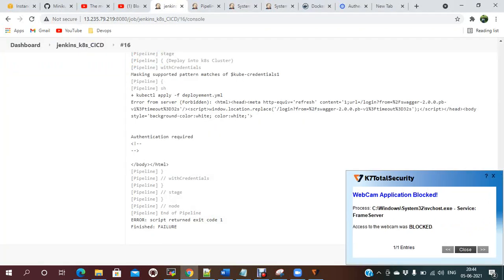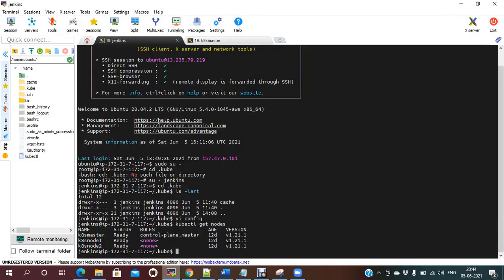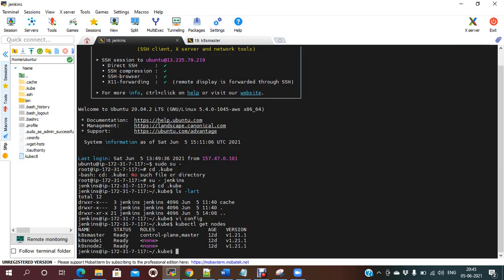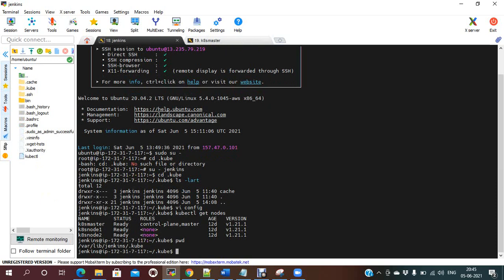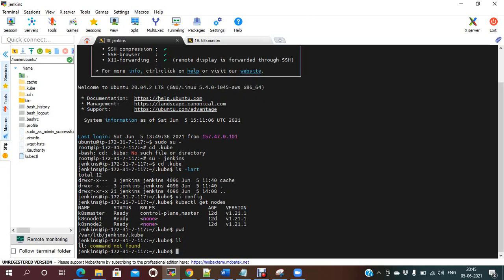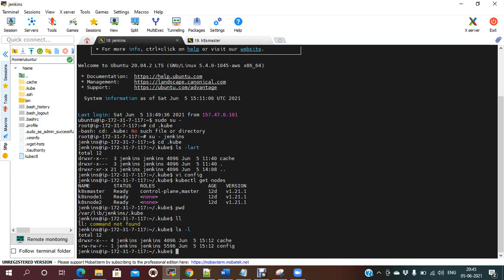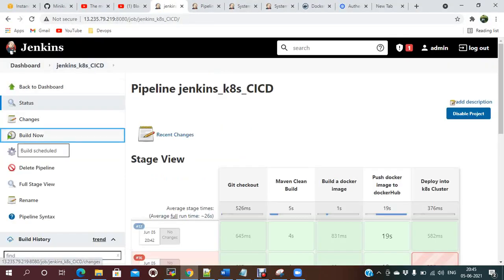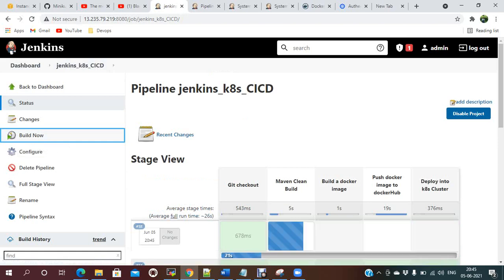For this authentication issue, what I did is I switched to the Jenkins user on the Jenkins server with sudo su, and I copied the configuration file, the same config file, into the same path under Jenkins .kube. If I do ls -la, I have created the config file, and if I run the job, it is a success now. So that is the root cause of that issue.